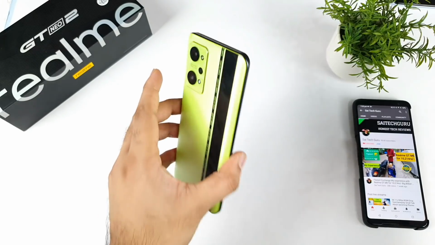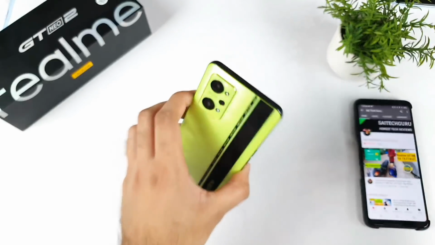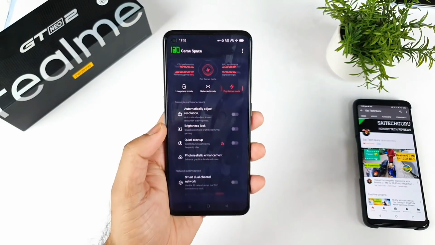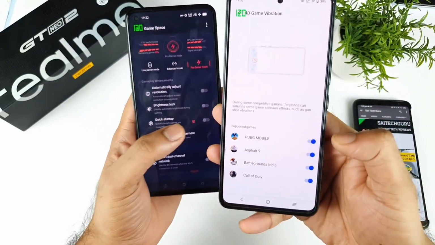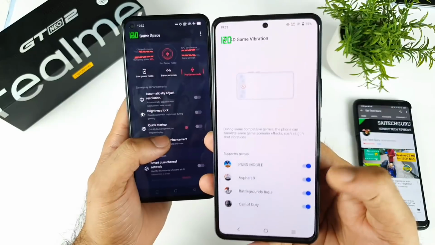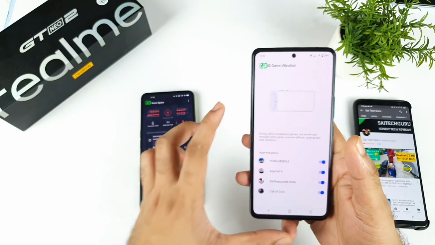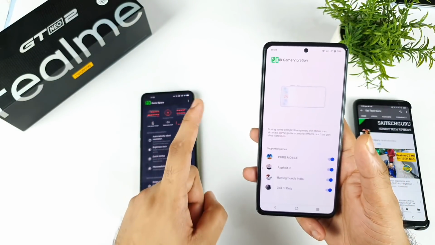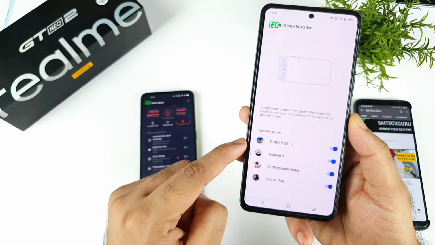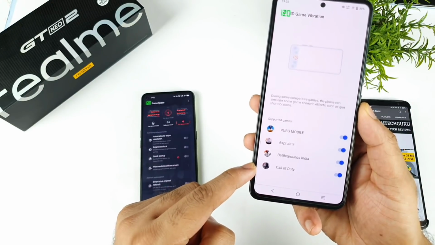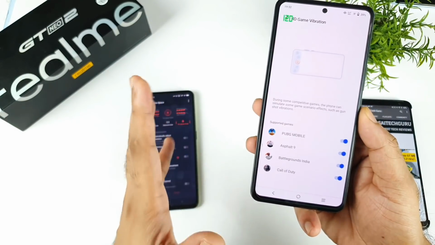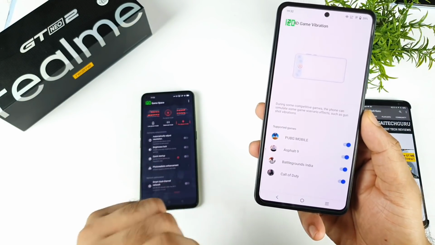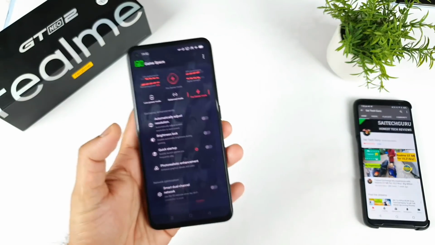Realme is not utilizing the hardware properly. Yes, they are not utilizing it at all. Realme UI should be really optimized for this phone. For example, on the iQOO 7 device, in FunTouch UI, at this moment only FunTouch UI has got one best thing, which is 4D vibrations, where you can actually enable it in a few of the games. As you can see, not one, not two, but most of the games. As you can see exactly, it's possible. It's really strong as well. That's the one thing, friends.